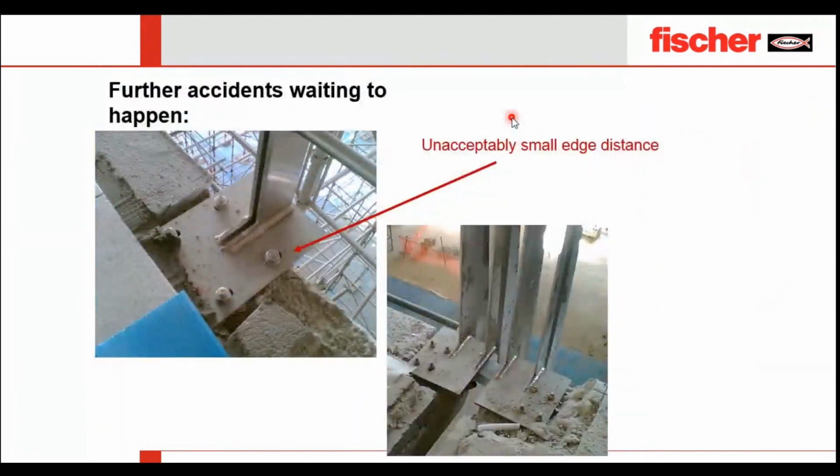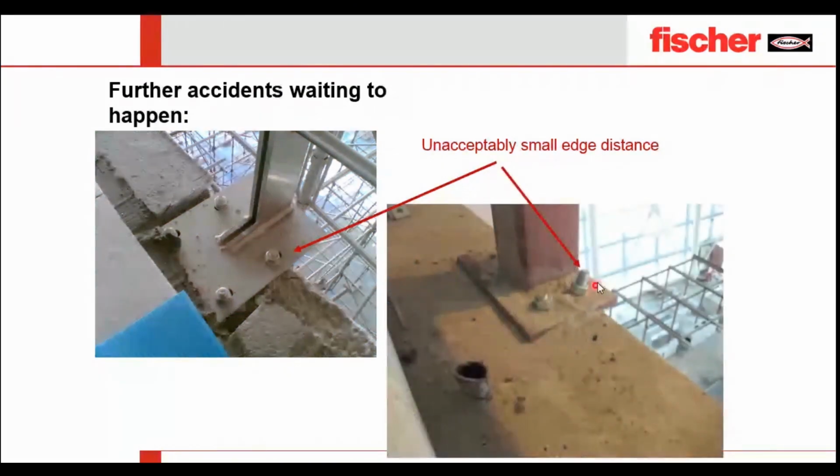Now, a few more images from site applications where further accidents were waiting to happen. Unfortunately, you can see how crucial this fixing is. It's almost at the end, or maybe I don't know whether the concrete is there. You can see how the fixing has been done over here. Oh my God, again, see the installation over here is inclined. It's inclined on one side here and on one side here. Apart from that, the column itself is not resting on the concrete and it's away from the concrete, which again causes failure.